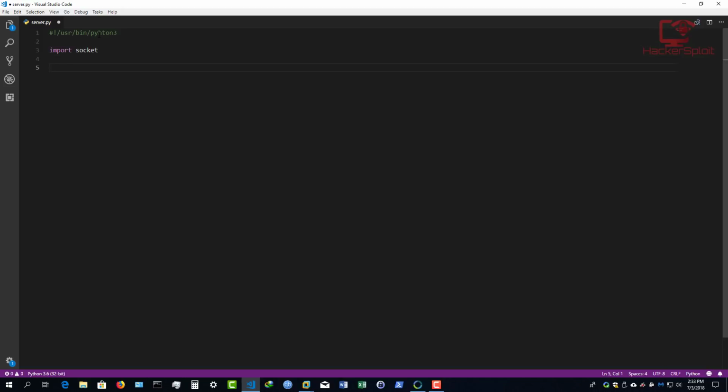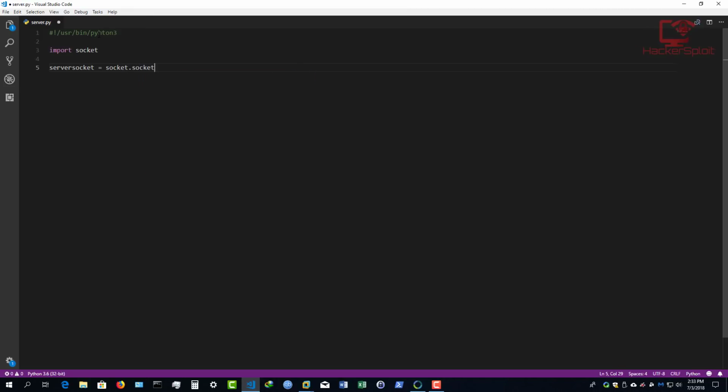Now many people like using the S. The thing about using the S is it kind of confuses you as to what's going on. So I'm gonna call this server socket. You can call it server socket object if you want to, but I'm going to keep it simple. That's the object. So now we are calling the socket function. So we'll say socket dot socket